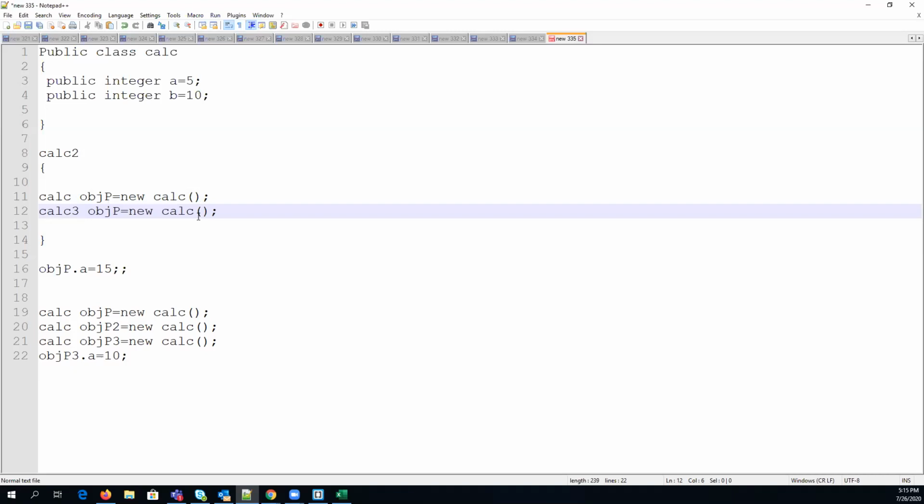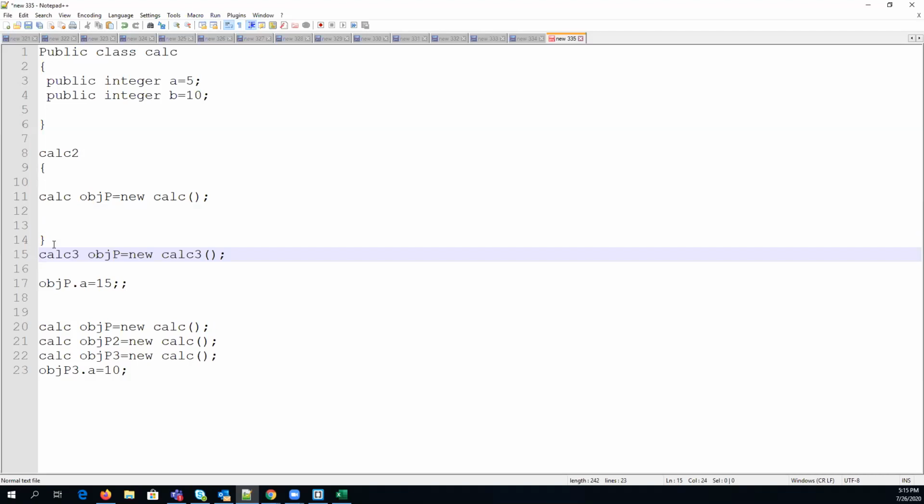That is not possible. If you call this object outside of this scope, outside of these curly braces, then it can be pointed, because this scope is limited to these particular curly braces.